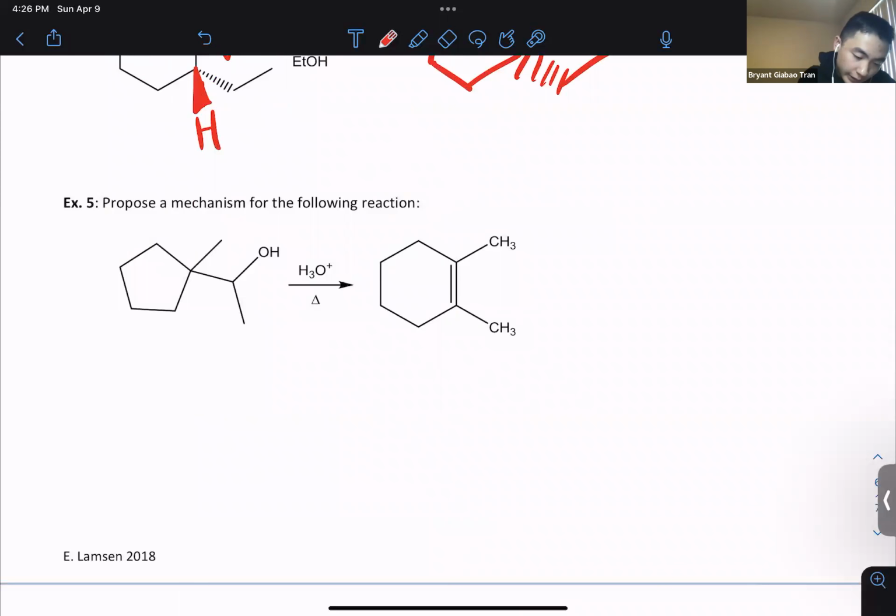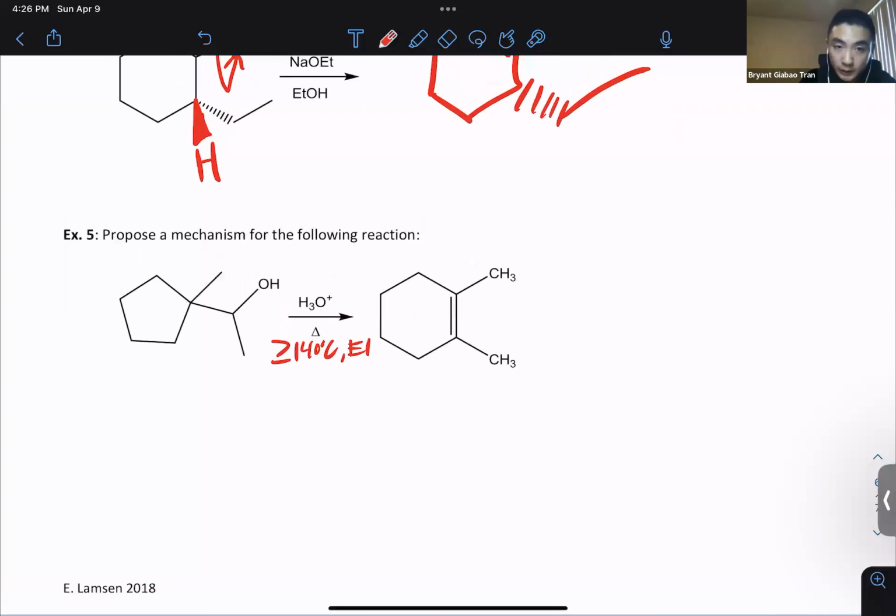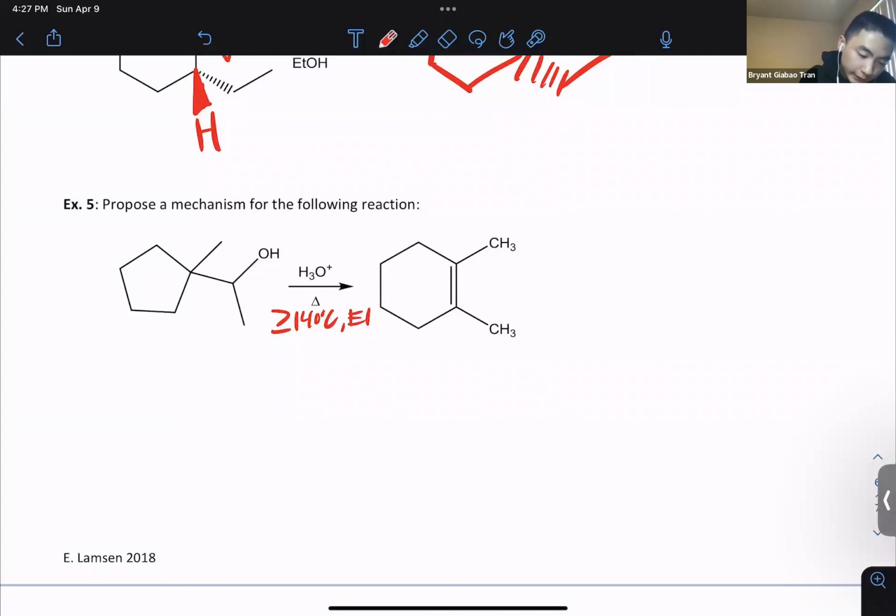Now we have an alcohol dehydration reaction mechanism where we converted this cyclopentane into a cyclohexene here. So let's draw out the mechanism of this. So we start off with acid and heat. If you have heat that is greater than or equal to 140 degrees Celsius, the E1 product would be favored, depending on your professor. So we know that our E1 product here is going to be favored